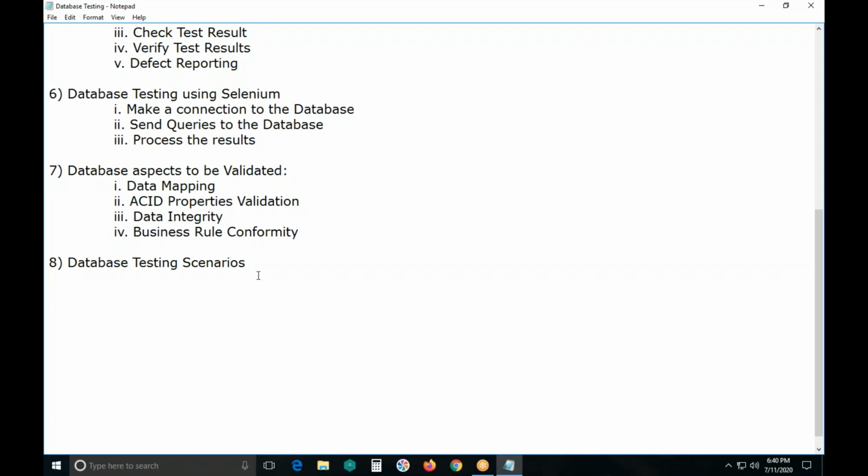It is one of the scenarios. Next, another scenario, check values for columns which are not accepting null values. Next, check for data integrity.